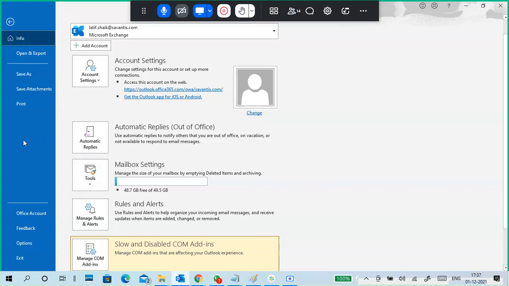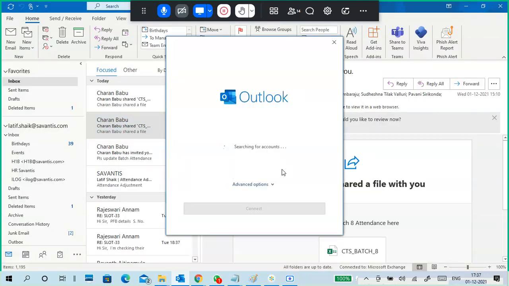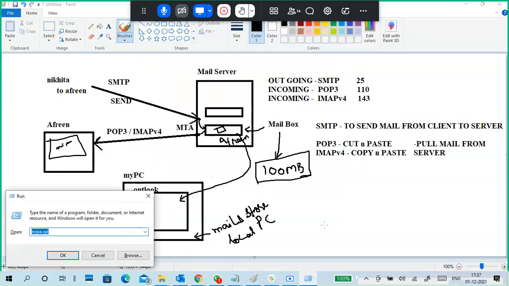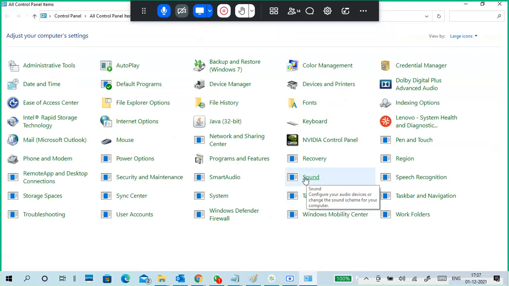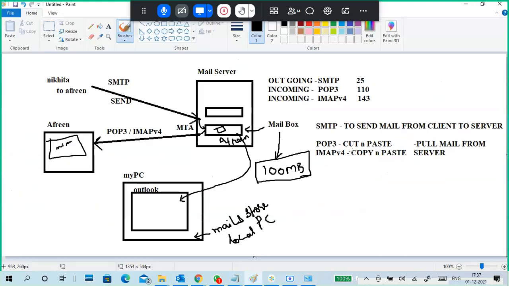But to see the accounts, I will go to the Control Panel, then go to Mail. Don't worry, this is just to show you the location of the mail accounts.